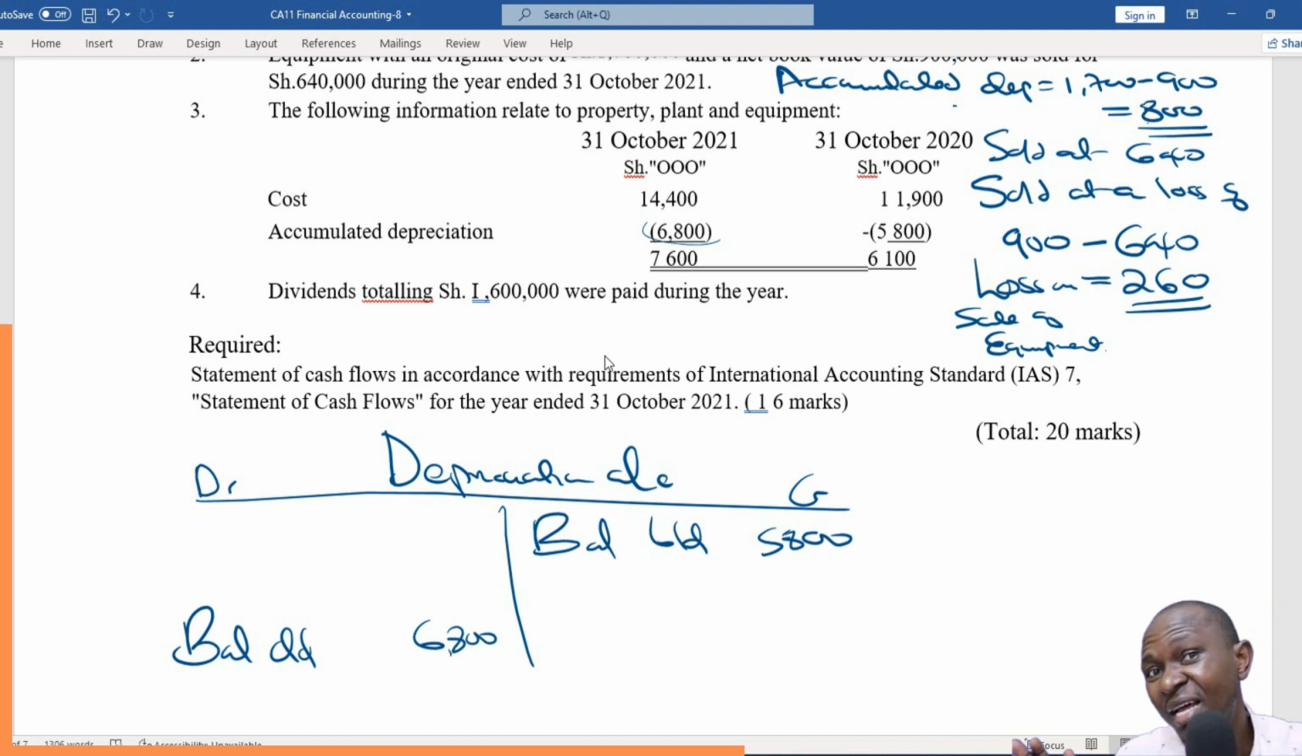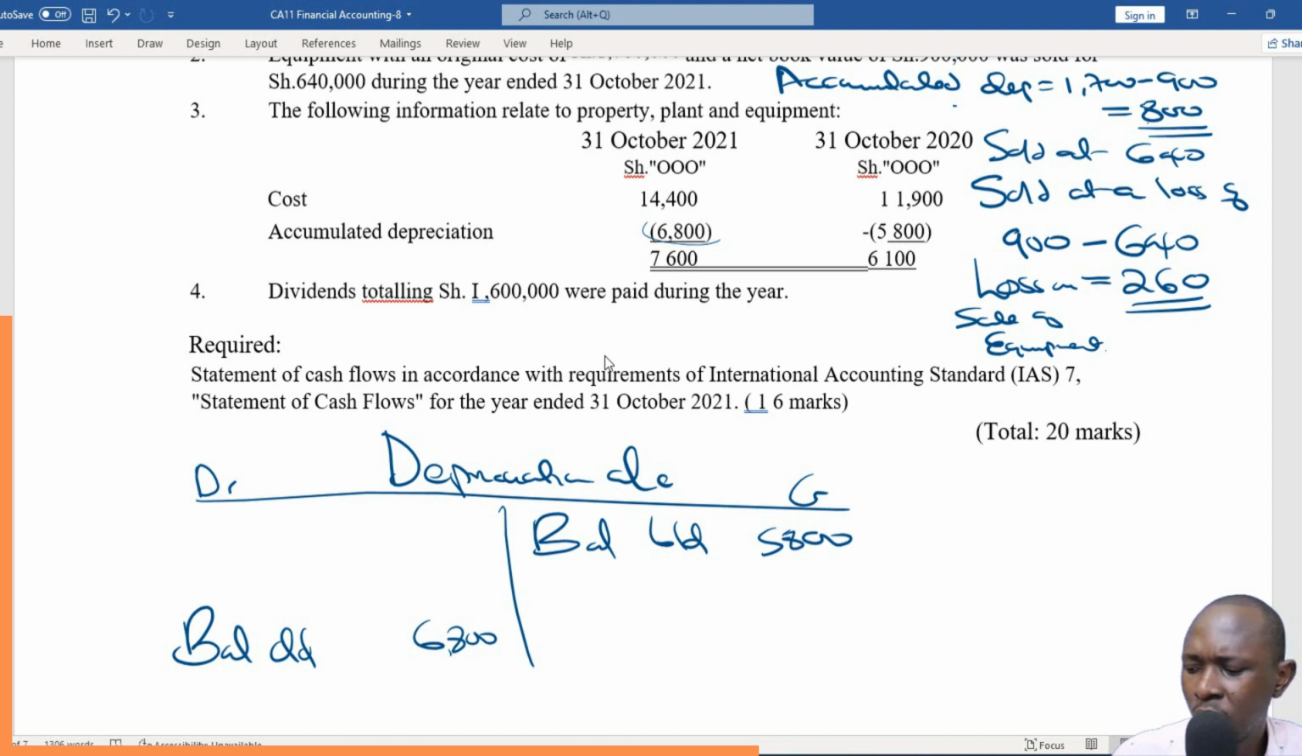But even if you don't understand, please, 2020, the preceding year, credit. The succeeding year, debit. As simple as that. This one is balance carried down. This one is balance brought down. As straightforward as that. Though you need to understand how you go about this. Then